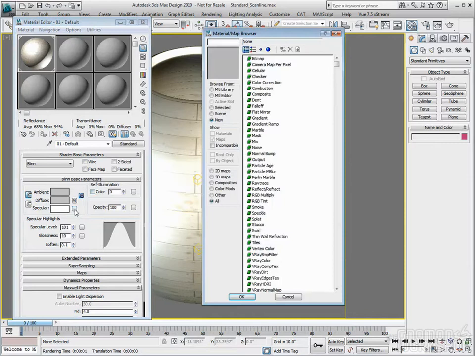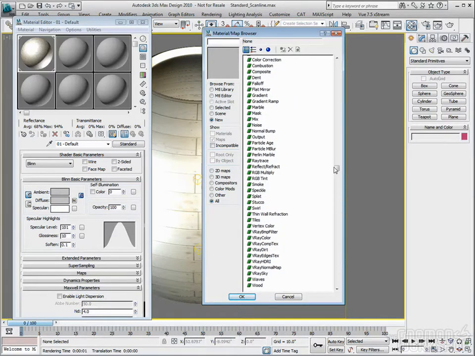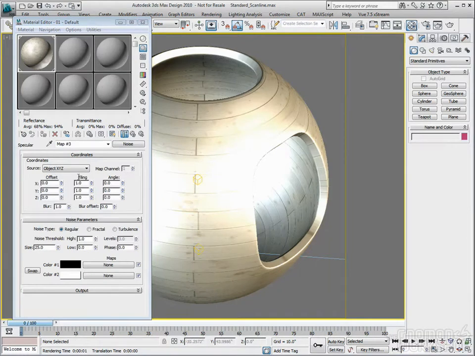You could assign a map here if you wanted to break up the specular. You could come in and assign any of these maps, these sub-maps. You won't have the V-Ray ones listed here unless you've installed V-Ray, so just ignore those. But if, for example, I wanted to apply a noise map here to the specular option, what I can do